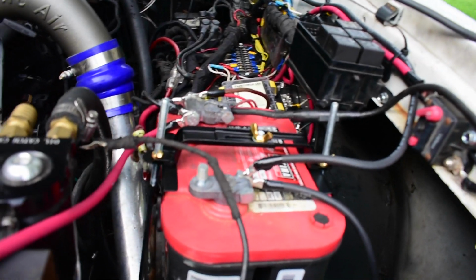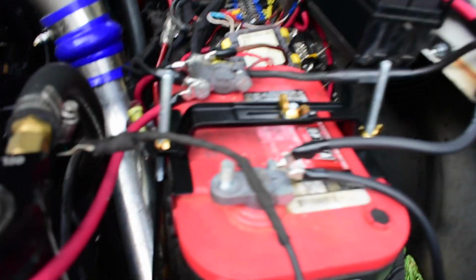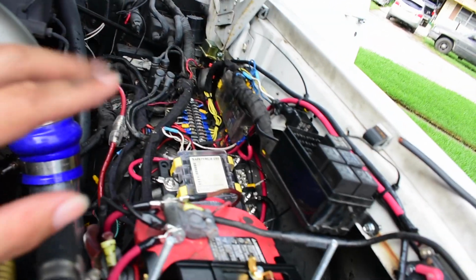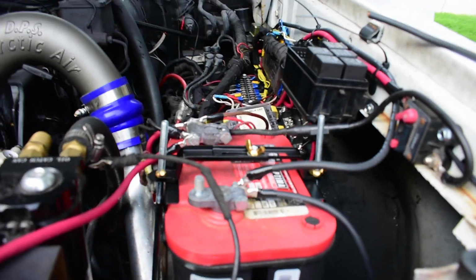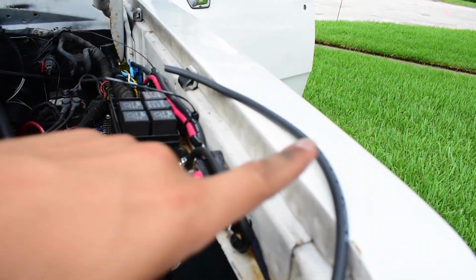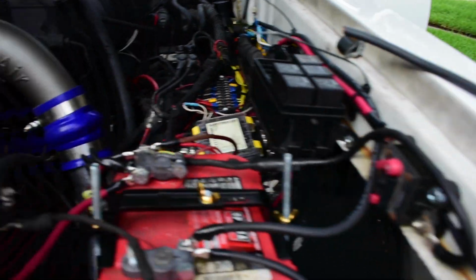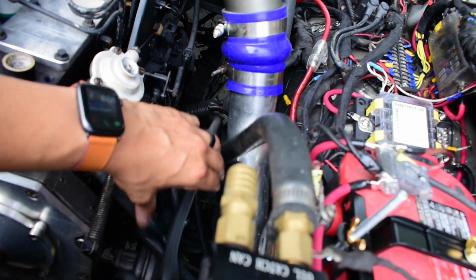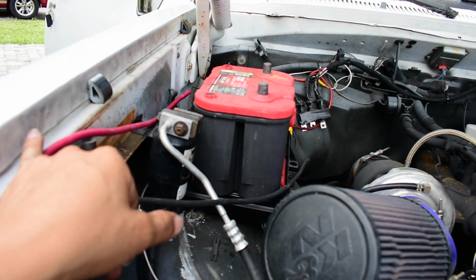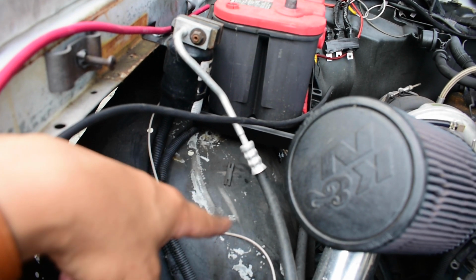Everybody, so I'm just about finished for sure now. I've basically hooked up everything here. All the cables over there are already connected. Another thing is I just did not hook up my negative battery cable yet, nor this negative cable either that goes with the truck. So what I'm going to do, I'm going to hook this up to the battery, and then I need to put the alternator